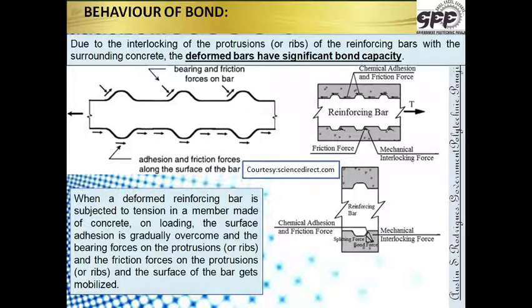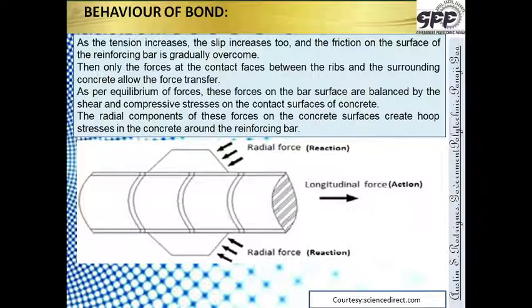So obviously it is first the adhesion. Once the adhesion is over, adhesion cannot take care of anything, then immediately the other things start taking action. Look at this, that's the adhesion which is there throughout the bar. So no sooner, because of bending, because of pulling, this adhesion breaks, immediately there will be pressure put in this direction, on the ribs, that is due to bearing, and there will be friction also, which will be preventing the movement. So first it is adhesion, then the second thing is bearing and friction, which will be coming into the picture.